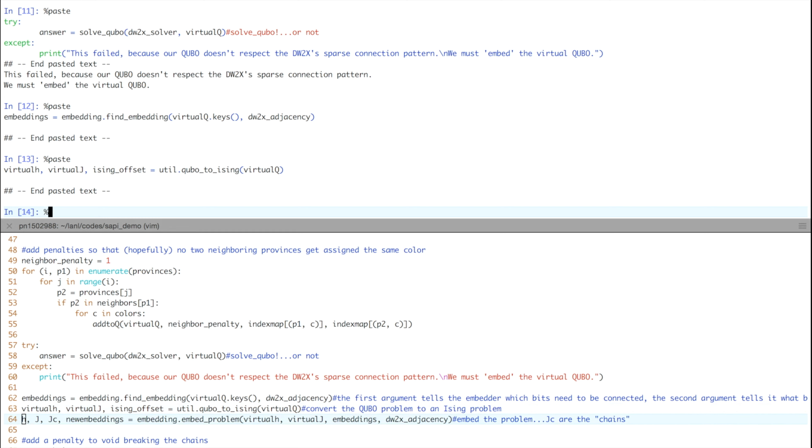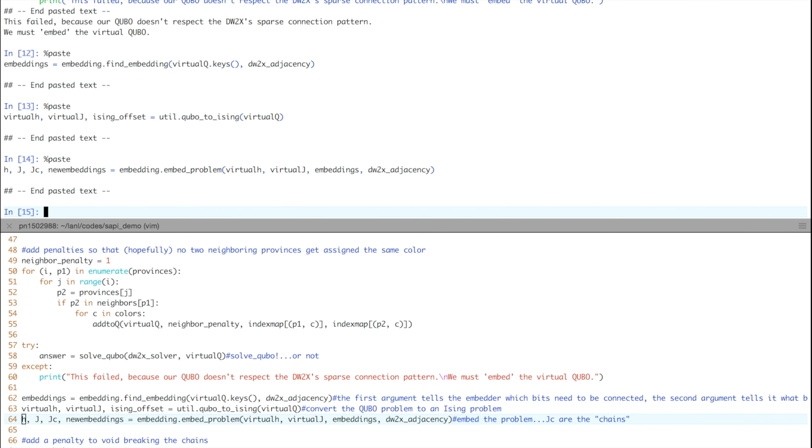All right, and the next step is to actually embed the problem. So we call this function embedding.embed problem. We give it the virtual H, we give it the virtual J, we give it the embeddings that we found with the find embedding function, and we give it the dw2x adjacency information. And then what it gives us back is H, which is sort of the new H in our Ising problem, but one that respects the D-Wave hardware. It gives us J, which is the new J in our Ising problem, and it respects the D-Wave hardware. And then they give us this JC,